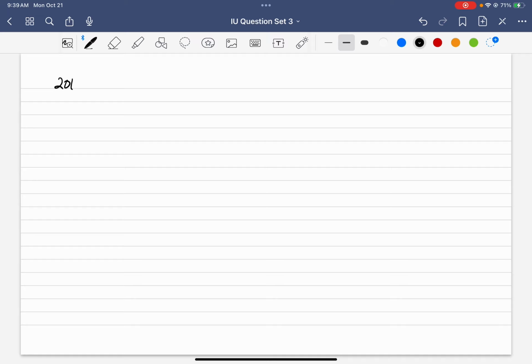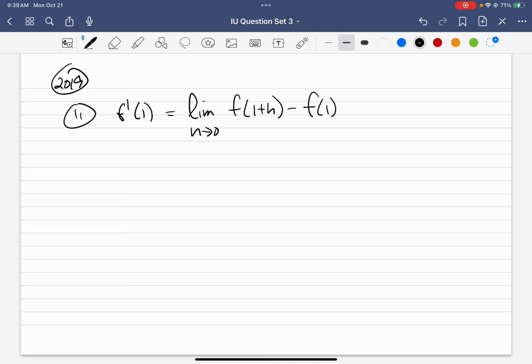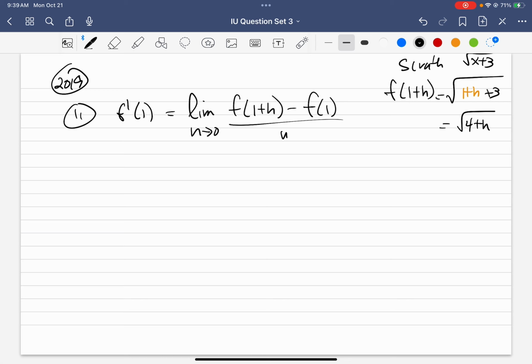2019. So then 2019, question 11, a 6-point question. It says, find the derivative at 1. Well, I know that's going to be the limit as h goes to 0 of f of 1 plus h minus f of 1 over h. But in this case, f of 1 plus h on my scratch work, if I'm using the function square root of x plus 3, it's going to be 1 plus h plus 3. So it's root 4 plus h. But f of 1 is going to be root 1 plus 3, which is root 4, which is 2,